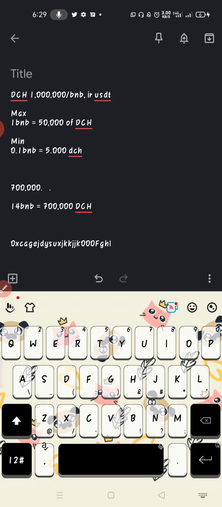But I might not use all the 14 BNB. Now, remember that I only sold 700,000 to you guys. I still have about 300,000. And that 300,000 I have is about 30% of the 100% token. 10% of this 1 million is 100,000, and I have 300,000 worth of it. So that is me holding 30%. So what is going to happen? Now, if I want to provide liquidity, all right,